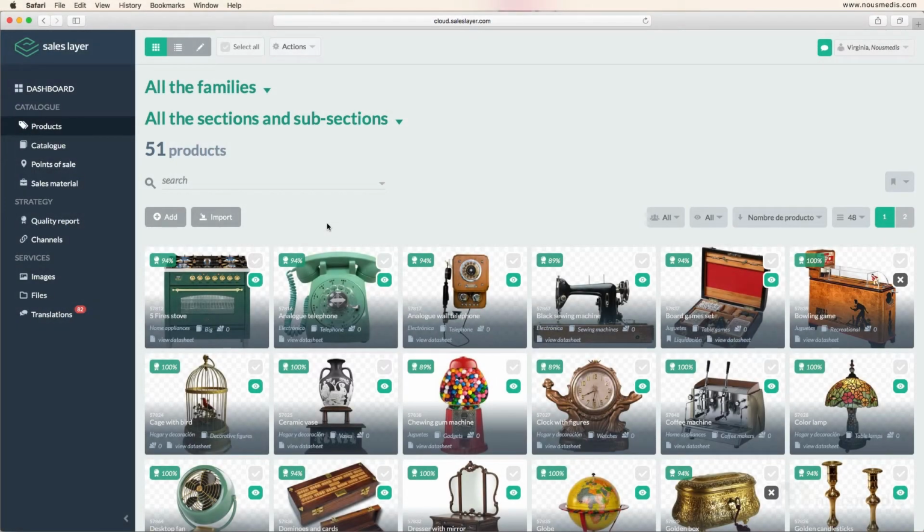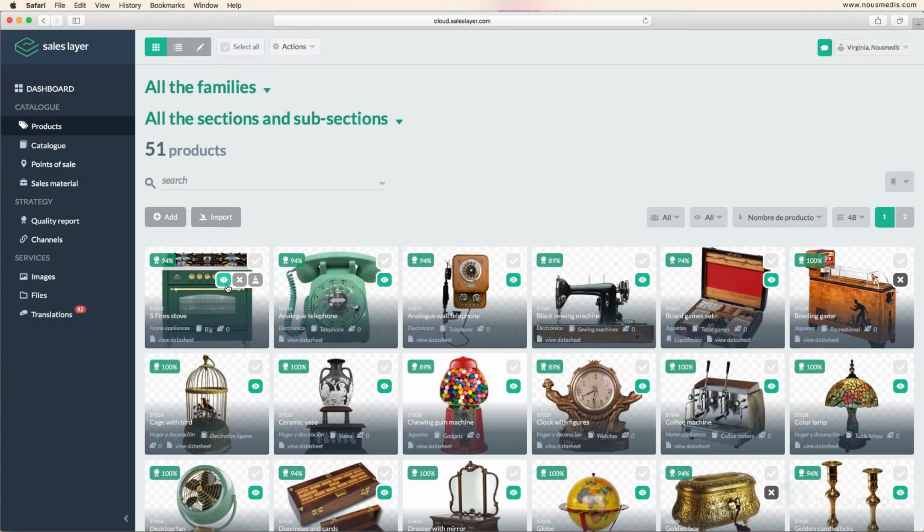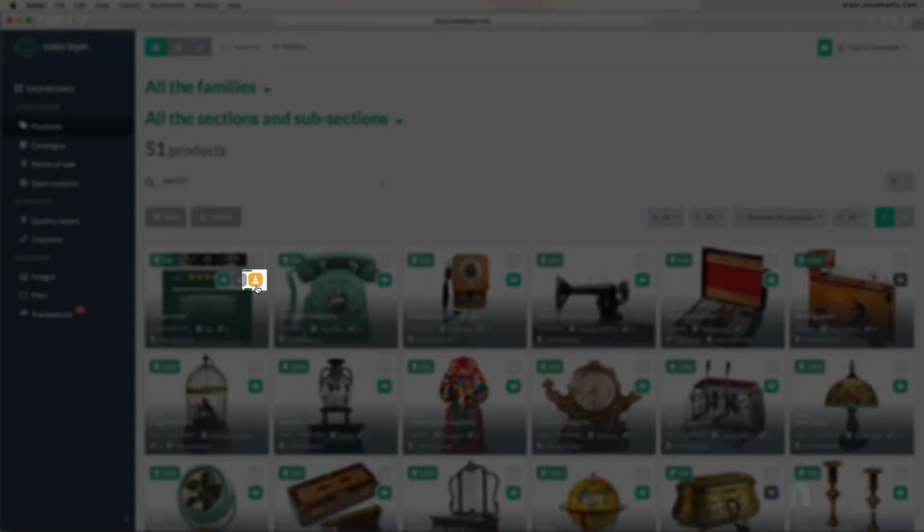The grid view is useful because it allows us to easily recognize our products. Sales Layer has a really simple status classification system. A green icon means that the product will be visible on any of the output channels, catalog, web page, etc. The orange icon represents the draft mode,